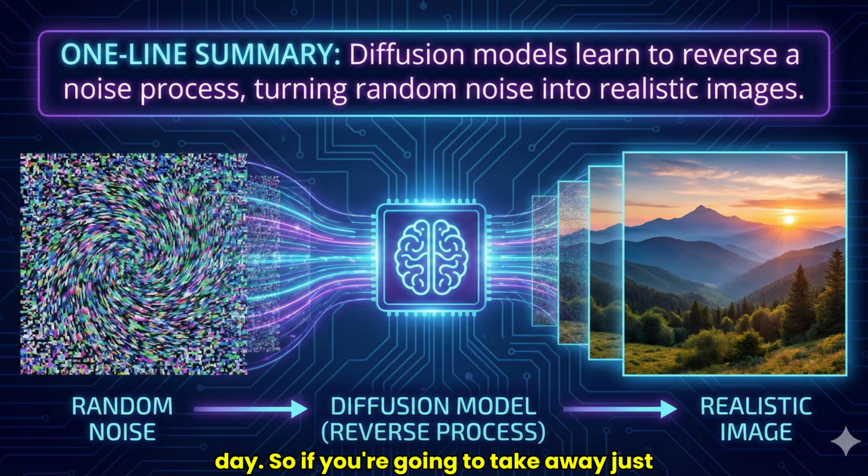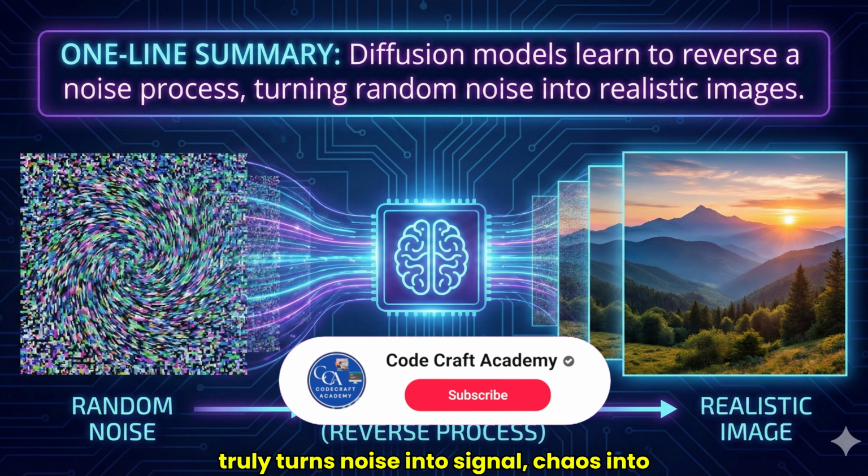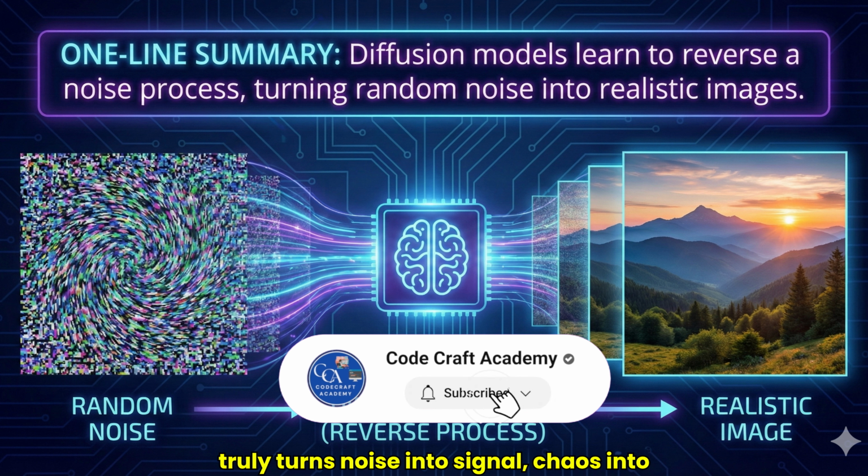So if you're going to take away just one thing from all of this, let it be this. Diffusion models work by learning how to reverse a process of destruction. They take pure, random chaos and gradually transform it into a coherent, beautiful image that perfectly matches your instructions. It's a technology that truly turns noise into signal, chaos into creation,